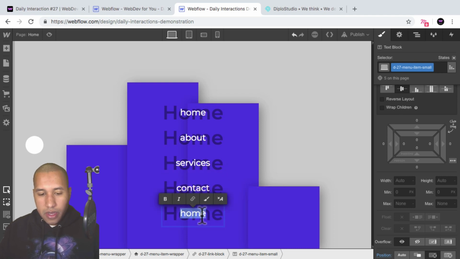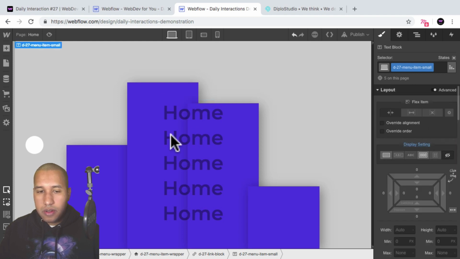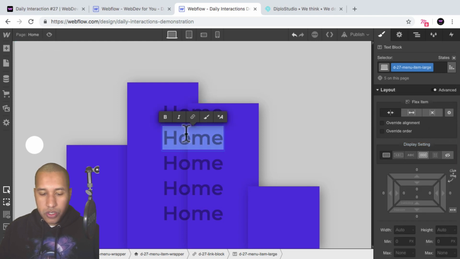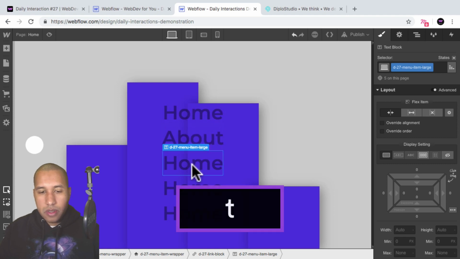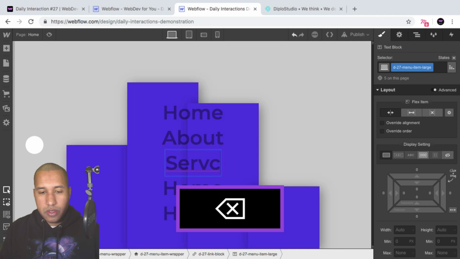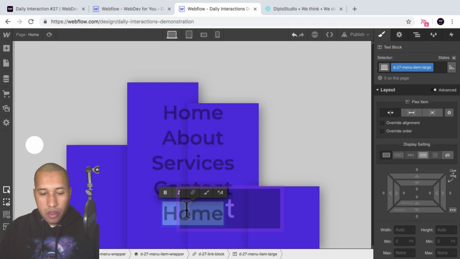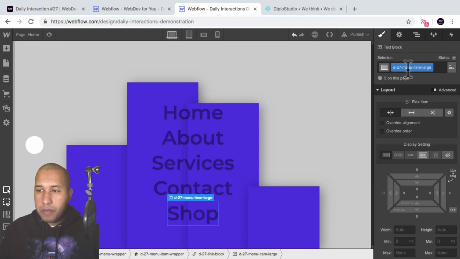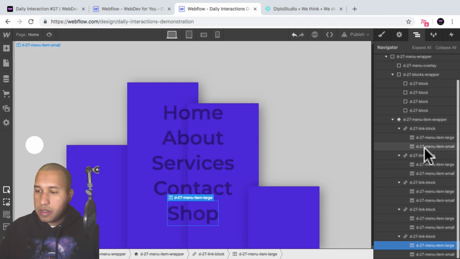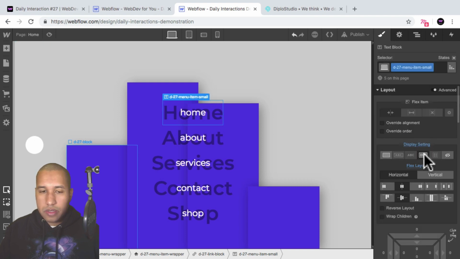contact, and shop. And I'll hide the small text for now. So I'll say display none, so we can change the large text. So home, about, services, contact, and shop. Okay, so I'll select the small text in here, and I'll say display flex, because that was the